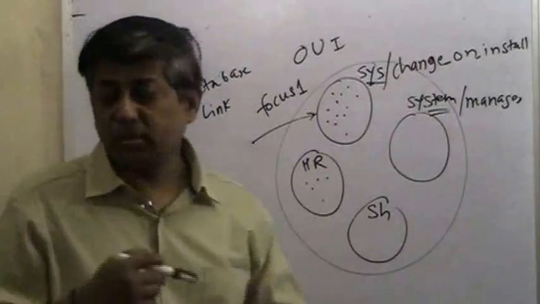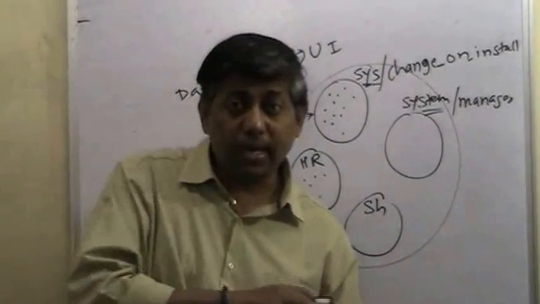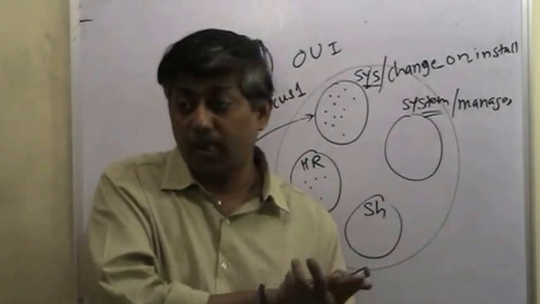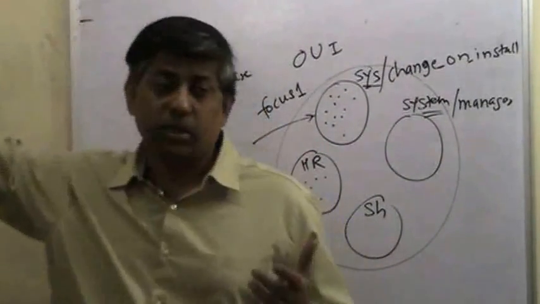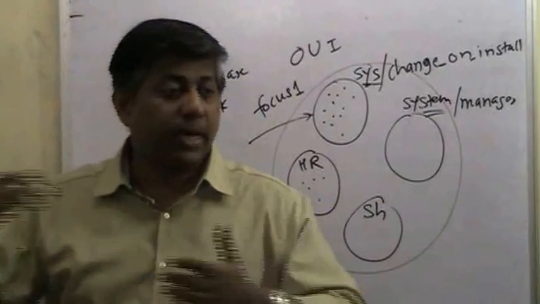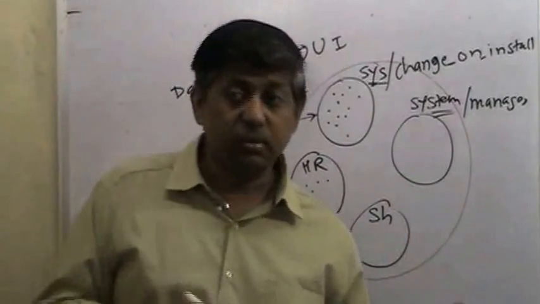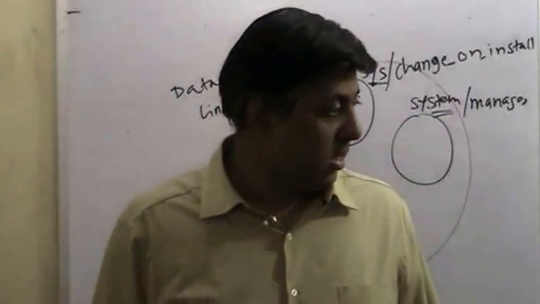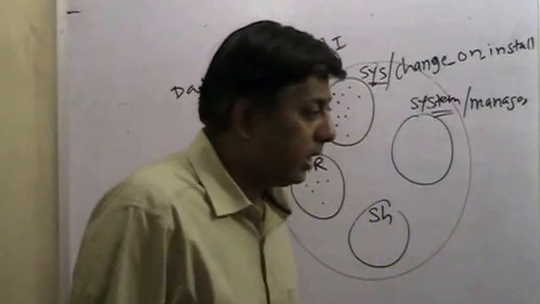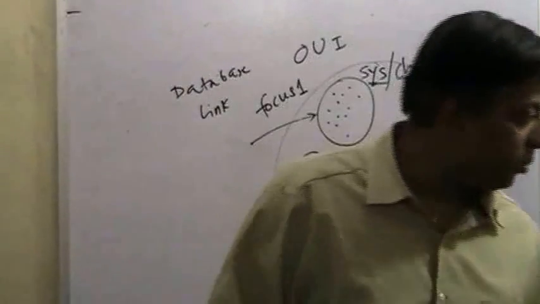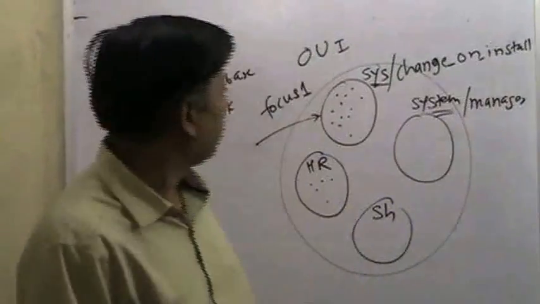A database link is an object which will allow one database, let's say Focus 1, to connect to another database called Focus 2. That is what a database link is: one database connecting to another database. And then obviously there are the programmatic objects that I have described: